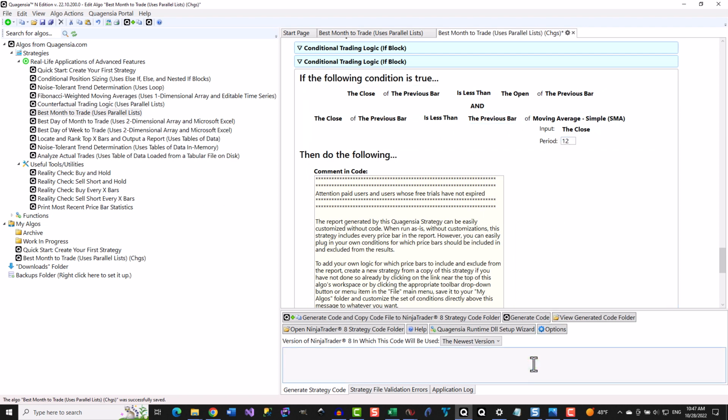This will cause the report to only include results for months whose prior month's bar closed below the 12-month simple moving average at the time the prior month's bar closed.